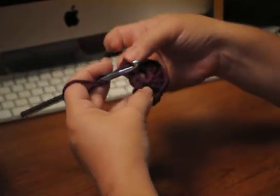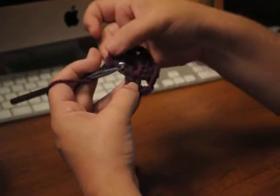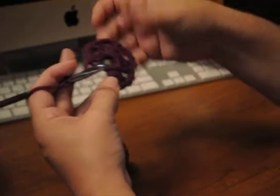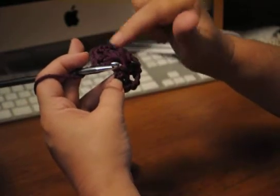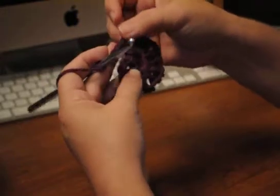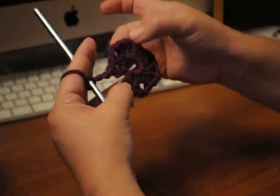2, 3, 4. But if you look at your pattern, it's going to tell you that you're going to have 12 double crochets. I'm not sure if it's me reading it off incorrectly, but if you look at the end, it's telling you that you're going to have 12 altogether. If you do it this way, you only have 10. 2, 4, 6, 8, 10. So I'm going to add in 1 more set of double crochets, and then another chain 2. Now it matches up to what the pattern says, because you have 2, 4, 6, 8, 10, 12,